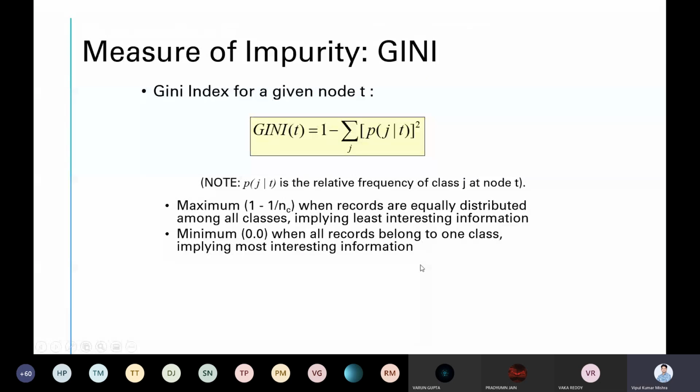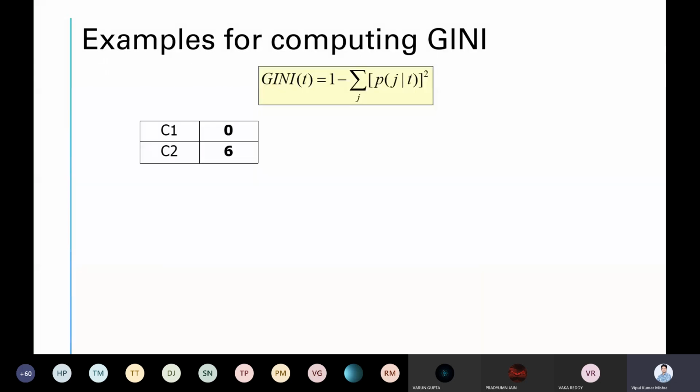Okay, so we have seen the Gini score, which is used to measure impurity. This is the generalized formula for that. If you have J classes, J represents the number of classes. How many classes are there? Suppose you have 10 classes; you compute for each class and then apply it in this formula. This is the generalization of Gini impurity. Getting? Now, can you compute Gini impurity for this? Quickly, you have to do it.